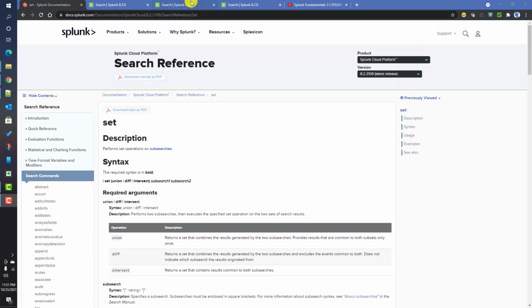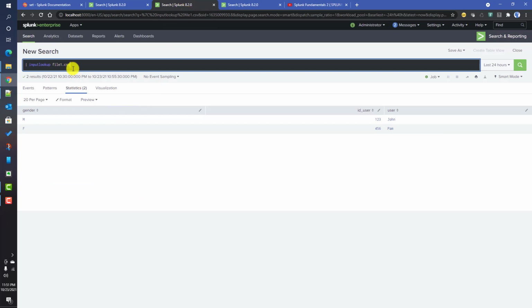Let's say I have a lookup file called file1.csv where I have some user information: the username, the user ID and their gender. If you see in file1.csv, I have users called John and Pam with their corresponding IDs and gender.